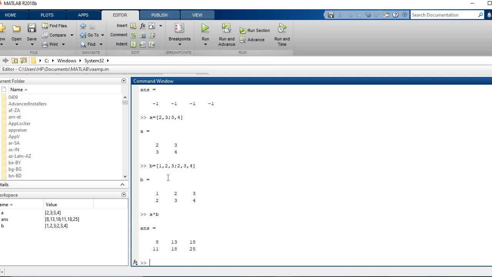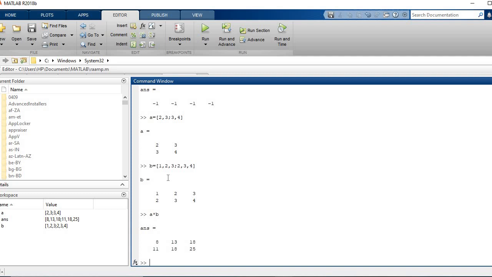Because it's following the basic property of matrix multiplication, that the number of rows of the second matrix, the B matrix, here is 2, should be equal to the number of columns of the first matrix. This is a 2 cross 2 square matrix, this is having dimension 2 cross 3. So the number of columns of the first matrix is equal to the number of rows of the second matrix. That's why this multiplication is possible.